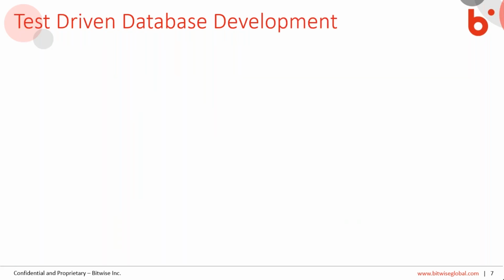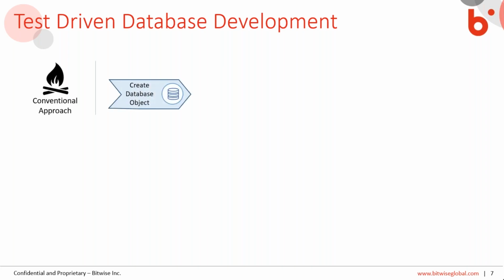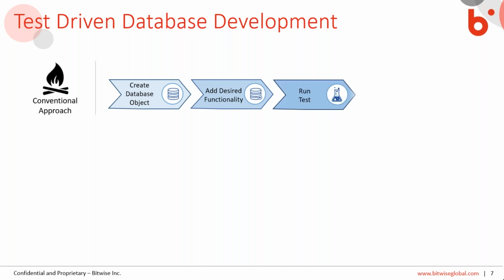Now let us talk about certain development processes and how QualiDI can fit in all these processes. Let's take the conventional approach first and try to understand what happens here. Usually, the data objects and database are created and functionalities are added as part of development. Now test cases are run and all the development process is validated.